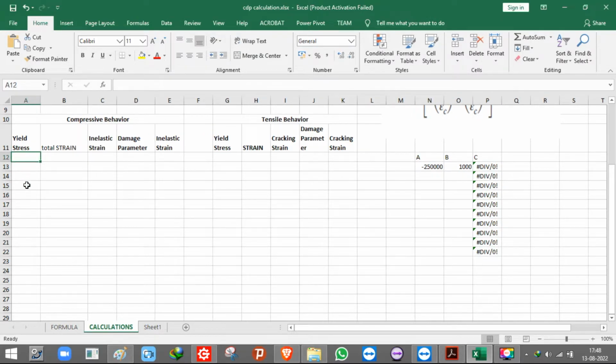So let us assume some stress. This will be based on your desired number of data points. You can select random stress values. Let us take a stress value of 0, then how much shall I take? The more data points you take, the more time will be required for you to calculate. So what I can do,